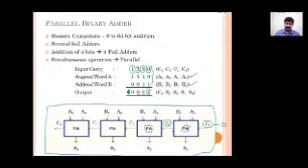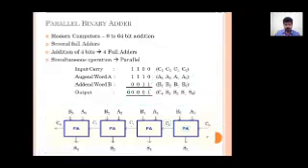Now we can discuss the same operation in the block diagram itself. Before moving on, I'll erase the things. As you can see, in the first stage, we are adding the values A0, B0 and C0. Whatever sum is generated will be passed to the bottom, and the carry generated will be transferred to the next location. Similarly, in the second stage, that is the second full adder, A1, B1 and C1 from the previous stage are added, and it generates a sum S1 and also a carry C2 that is passed on to the next stage.